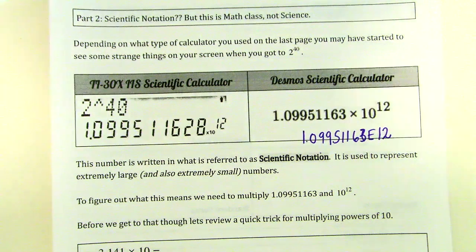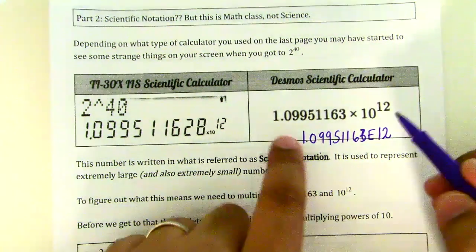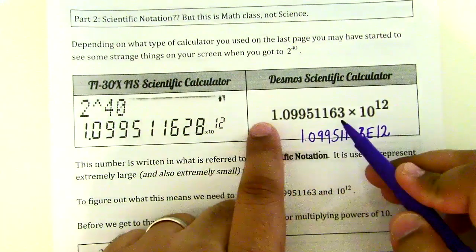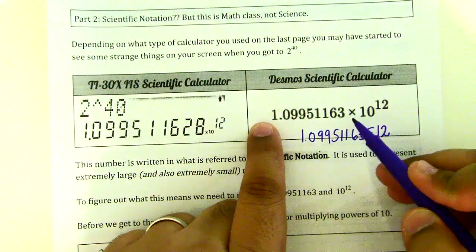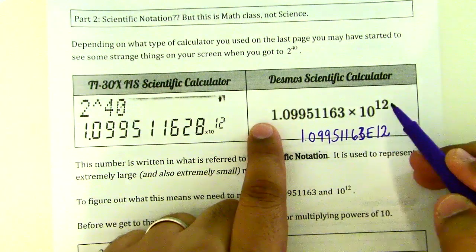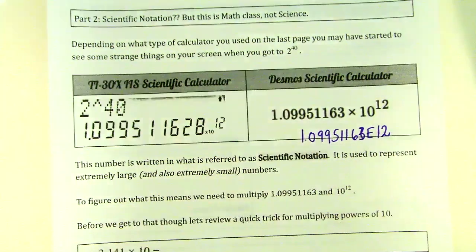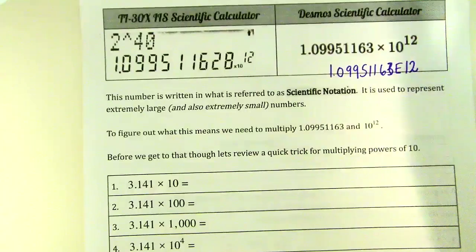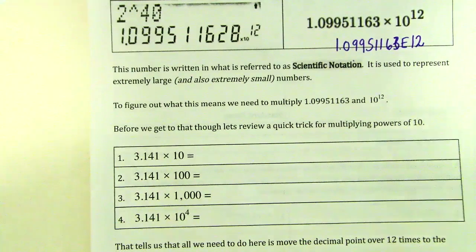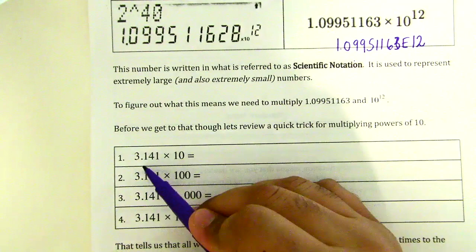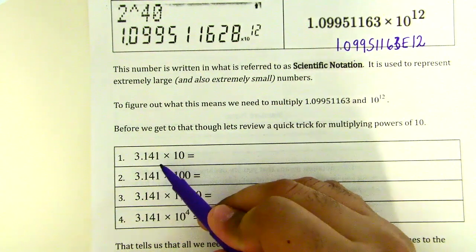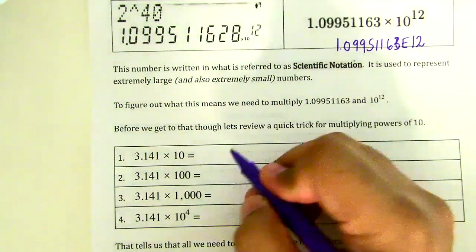To figure out what this means, it's actually telling us what to do here. It's saying that I have this decimal here, and I need to multiply it by 10 to the power of 12. That's actually something very easy to do, but before we do that, I just wanted to step back for a second and remind you about how we multiply by powers of 10. For example, if we have 3.141 times 10, you can put it in your calculator, and you'll see that that gives you